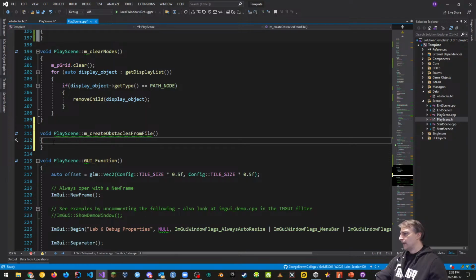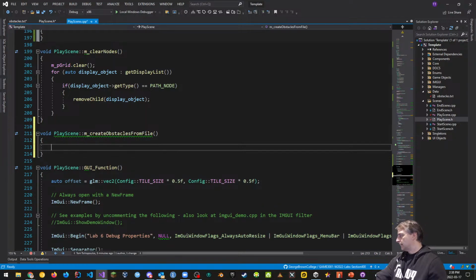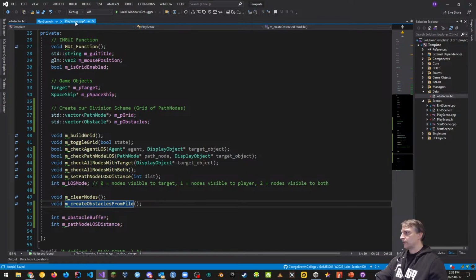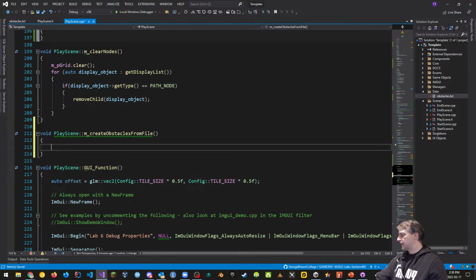There it is. And this function is going to basically deserialize the file. So right now, what we've done when we put them into this kind of situation with the obstacles.txt is we've serialized the data. Serialization means we've organized the data so that there's some kind of pattern. So again, X, Y, width, and height is the pattern. All right, so we need to deserialize or read this piece of data in the exact same way. Okay, so that's what we need to do. So let's go back to our CPP file now and get that reading done.